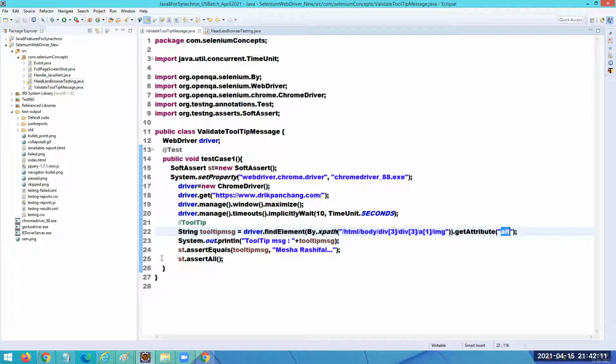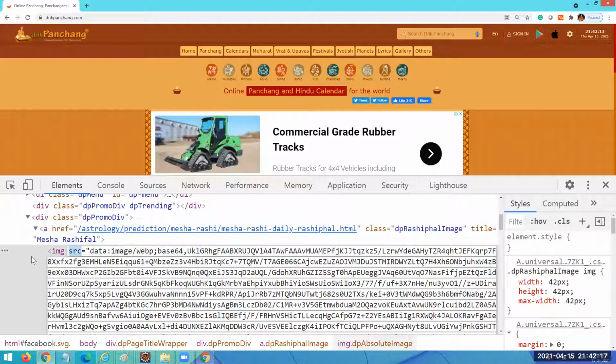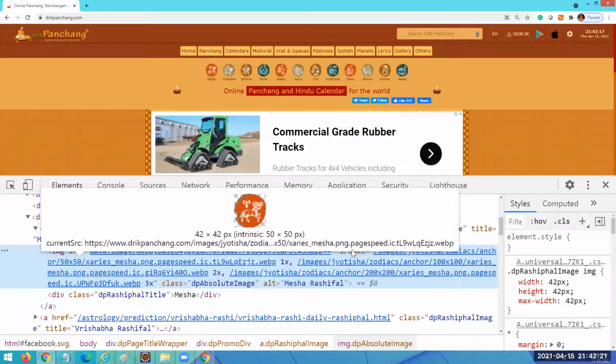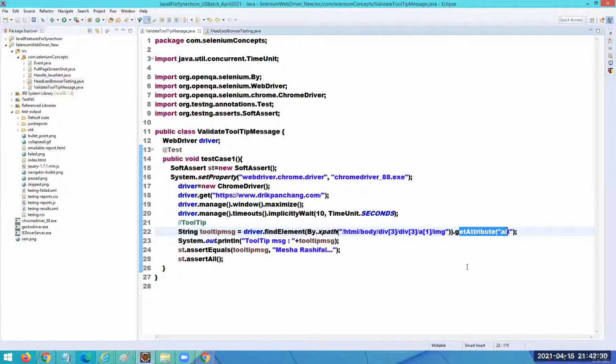In this example, you can see the developer has added SRC, srcset, class, and ALT. Any of the properties that you want to get, you can use getAttribute.